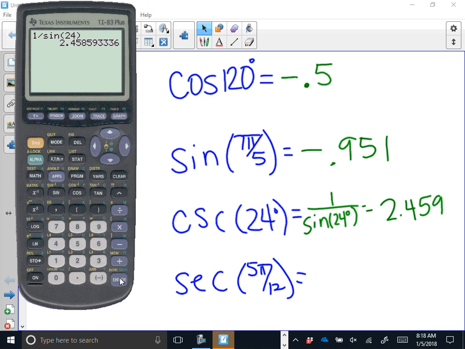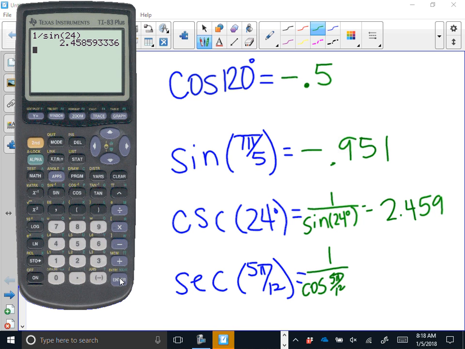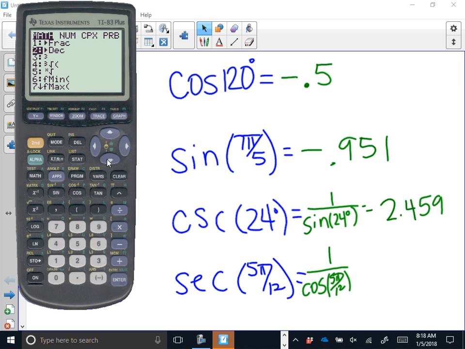So now if we want the secant of 5 pi over 12, what is the reciprocal of secant? Cosine. All right. So if we want the secant, we would need to type in 1 divided by the cosine of 5 pi over 12. I did this on purpose. We do need to go back to mode and change it back to radians if we want to evaluate a trig function in radian measurement. So if we type in 1 divided by the cosine of 5 pi over 12,